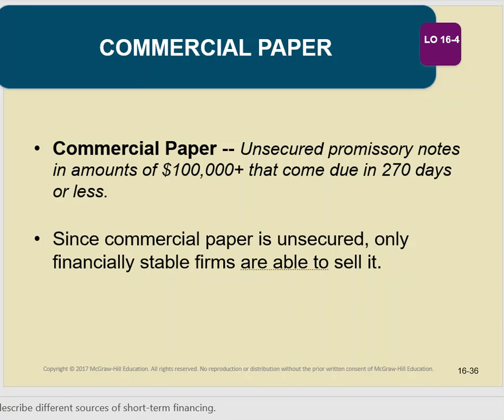Commercial paper is another type of short-term financing for operations. It's usually only established by larger companies. Like for instance, Northrop Grumman here in the Valley will issue commercial paper. It's an unsecured type of written promissory note, usually in amounts greater than $100,000. They come due usually in less than three-quarters of a year.